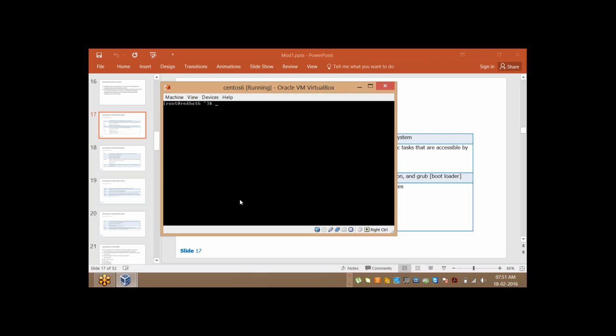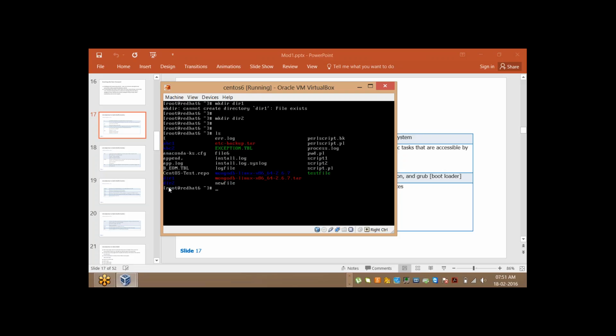So we have seen how to create a file. In order to create a directory, we will use the command mkdir. Okay, mkdir, say dir1. If the directory exists, it will throw an error. In the previous case, touch will update the timestamp, but mkdir doesn't do that. It will just throw an error stating that the directory exists. So I'll create directory 2. Now ls, so I have a folder called dir2. Okay, if I want, I can create xyz,